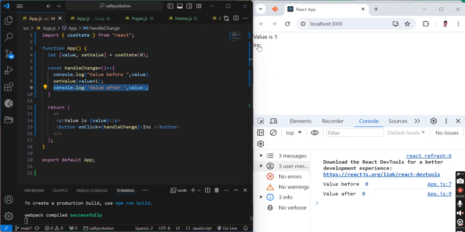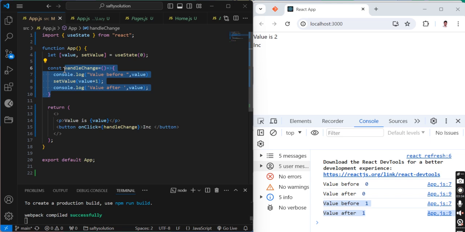Why? Again, when I am increasing, here value is 2, here value is 1. Why is this? Why is the value not increasing here? Because, let me tell you, when the control comes here, it says that its value has to be increased by 1, but it does not update immediately.